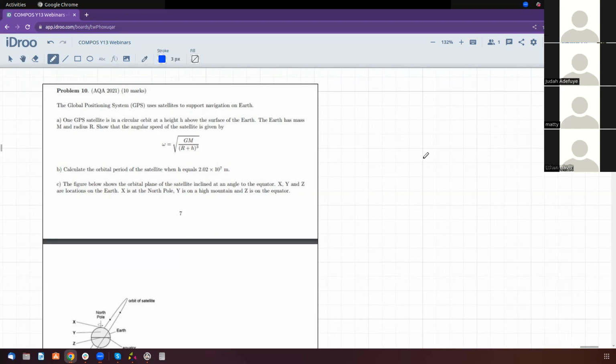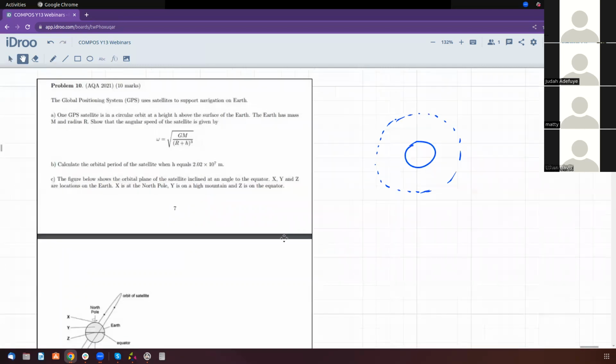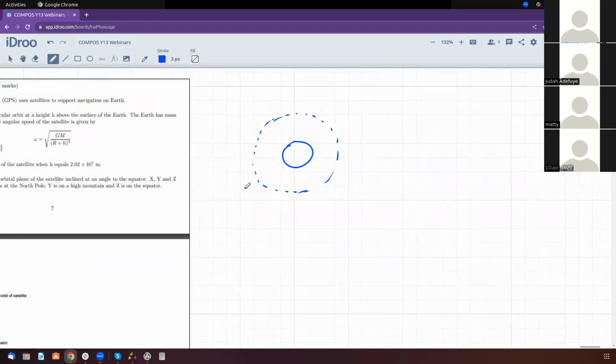So we have the planet Earth. Now the satellites go around the Earth at quite a large altitude, which is roughly, I think, 20,000 kilometers-ish. Because if you look at the International Space Station, which you can very often see in the sky,